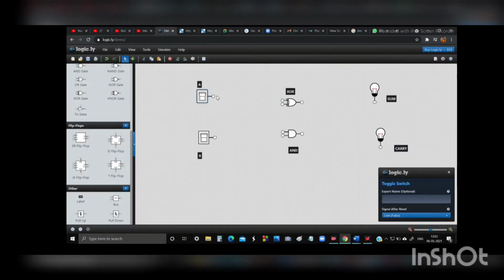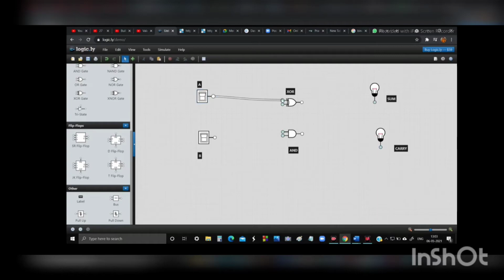I have taken two toggle switches, one XOR gate, one AND gate and two bulbs. I have labeled it as A, B, XOR, AND, sum and carry.